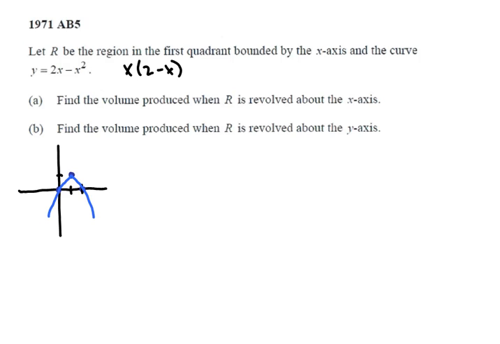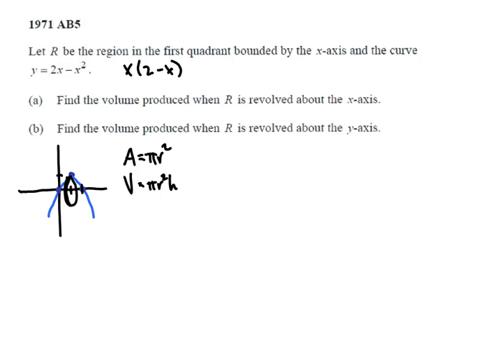And the first thing that we're looking to do is to find the volume produced when R, which is that area bounded by the curve and the x-axis, is revolved around the x-axis. When we take a representative strip there and revolve it around the x-axis, we end up with these disc-shaped cylinders. The area of those cylinders is pi r squared, and the volume is pi r squared h. And the total volume is going to be the sum of all of those